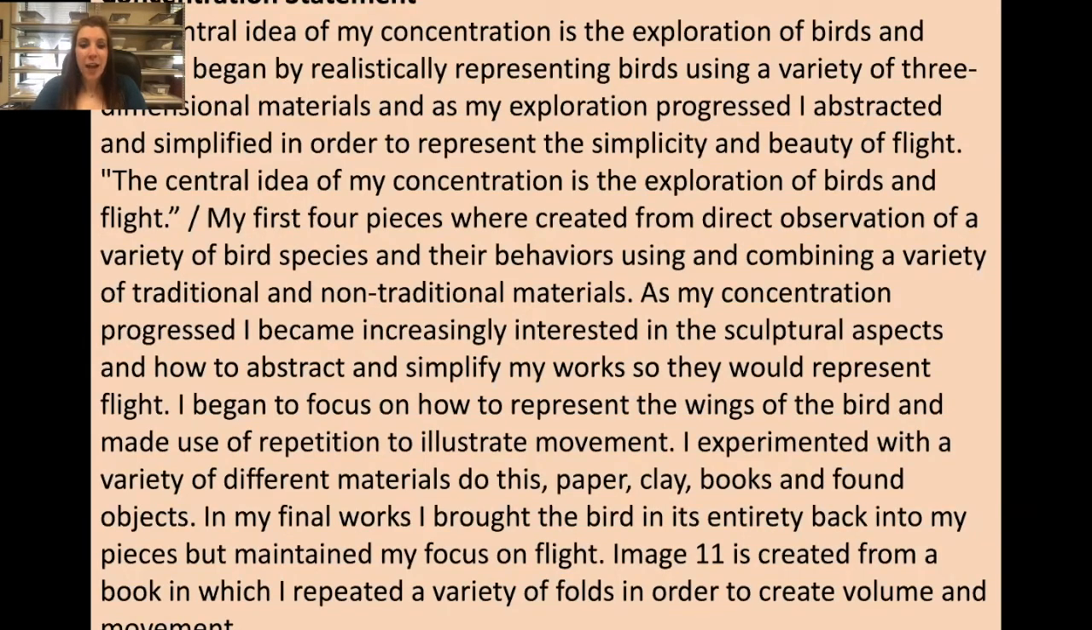I began to focus on how to represent the wings of the bird and made use of repetition to illustrate movement. I experimented with a variety of different materials to do this: paper, clay, books, and found objects. In my final works, I brought the bird in its entirety back into my pieces, but maintained my focus on flight. Image 11 is created from a book in which I repeated a variety of folds in order to create volume and movement. So that is what the student had to say about their work. And keep in mind that this written portion can either help or hurt you. There are a couple things as a teacher I would have told this student to edit and make a little bit shorter, but overall this is a good